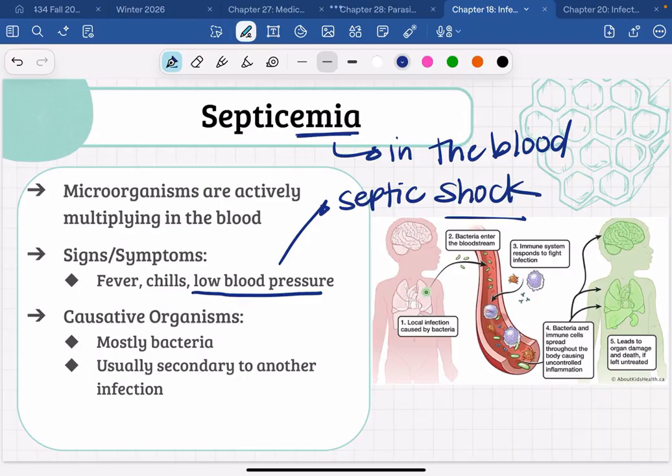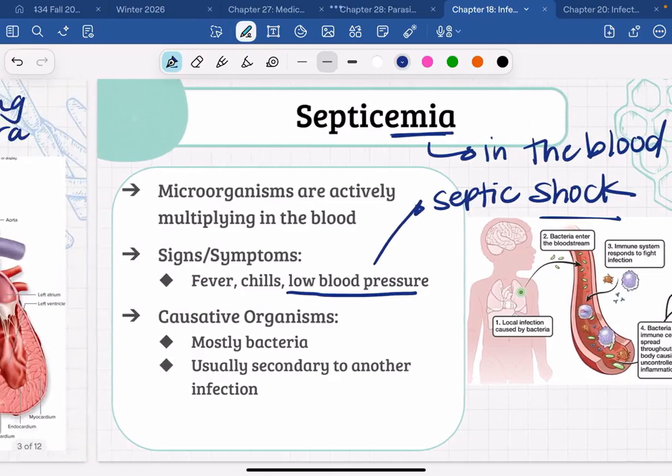Okay, so your organs won't be getting blood, your tissues won't be getting blood. And what can happen with septicemia very, very quickly is that because the organs are not getting enough blood, they fail. The organs stop working, and this can very quickly cause organ failure and death. Septicemia is a very, very dangerous condition, mostly due to that septic shock, which is the incredibly low blood pressure due to the full body immune response.